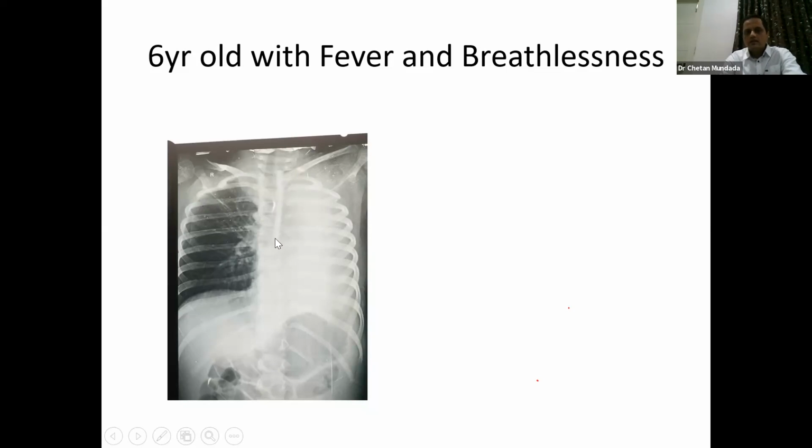But what is seen here is this artifact. So the first thing we thought was, is there anything on her, something like a locket or something in her dress? So that was ruled out. And then this was something which was not expected at all. Why is this child having such a huge artifactual shadow?